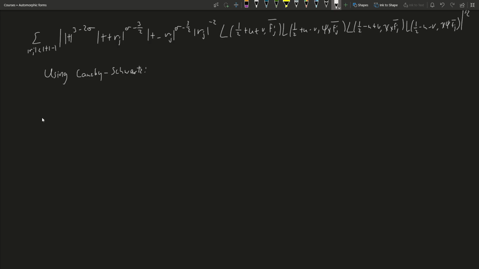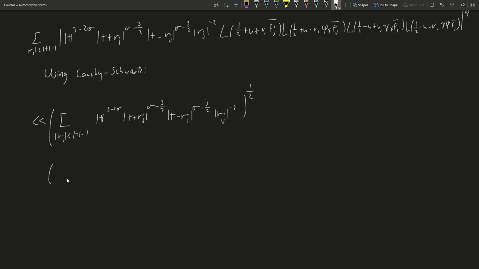And so using Cauchy-Schwarz, you get that this thing is less than the sum, and I'm just going to write Rj less than, well, for this term I should be a bit careful, and continue to say t minus 1, just to make sure none of these are dividing by 0, of the same thing, t to the 3 minus 2 sigma, t plus Rj to the sigma minus 3/2, t minus Rj to the sigma minus 3/2, Rj to the minus 2, and then it's going to be this square root of,